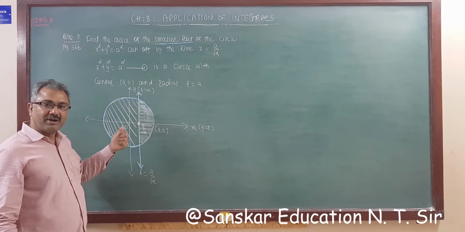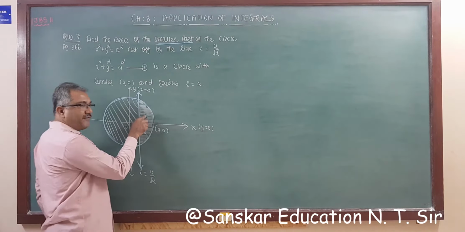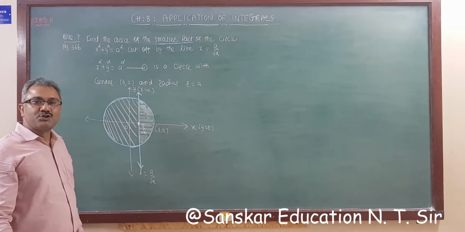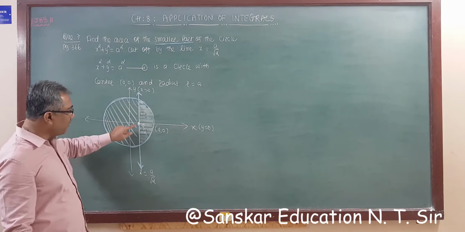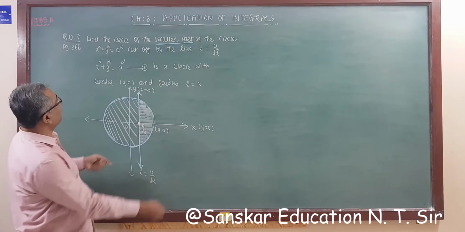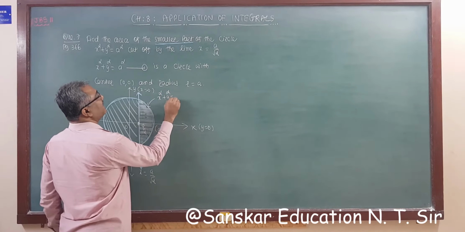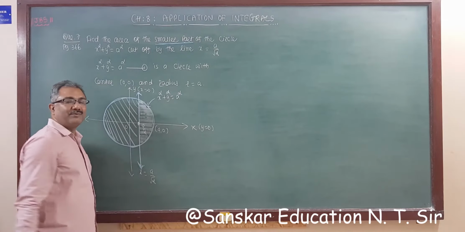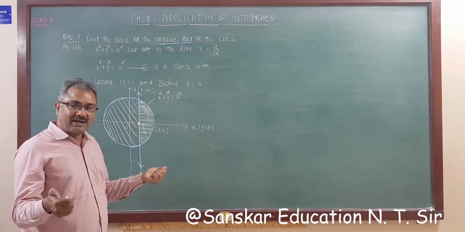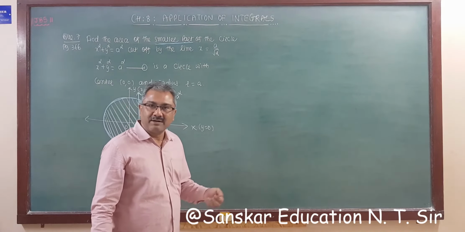So what we have to do, हम क्या करेंगे, हमको क्या करना चाहिए, ये फाइंड करेंगे फर्स्ट क्वाड्रेंट में और इसका डबल कर देंगे. तो A is equal to 2 mod I होगा, and I is running from, we are taking the limit of x, that is a by root 2 to a, and the curve is x square plus y square is equal to a square, that is our standard curve. y is equal to under root a square minus x square, स्टैंडर्ड फॉर्मूला बहुत बार आ चुकी है, आपको इसका इंटीग्रेशन भी पता है, राइट? और सब कुछ आपको पता है, राइट?